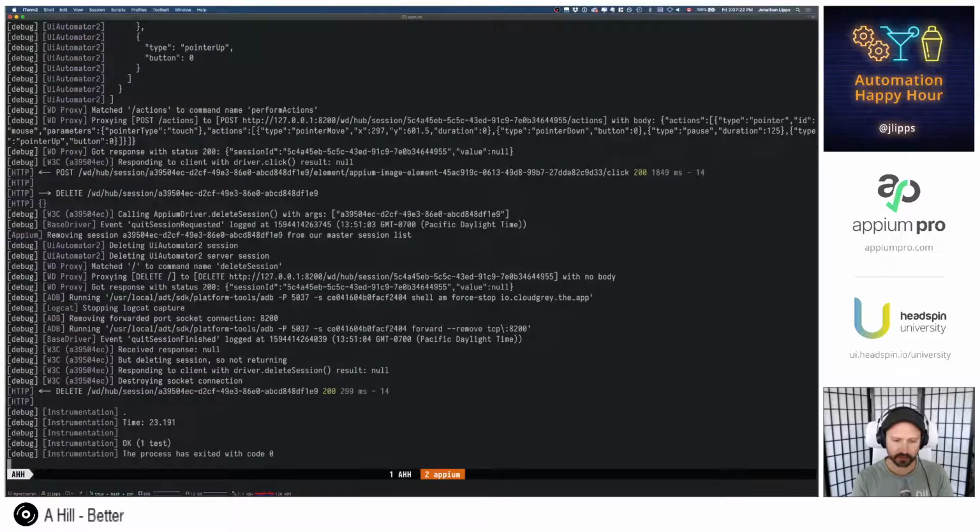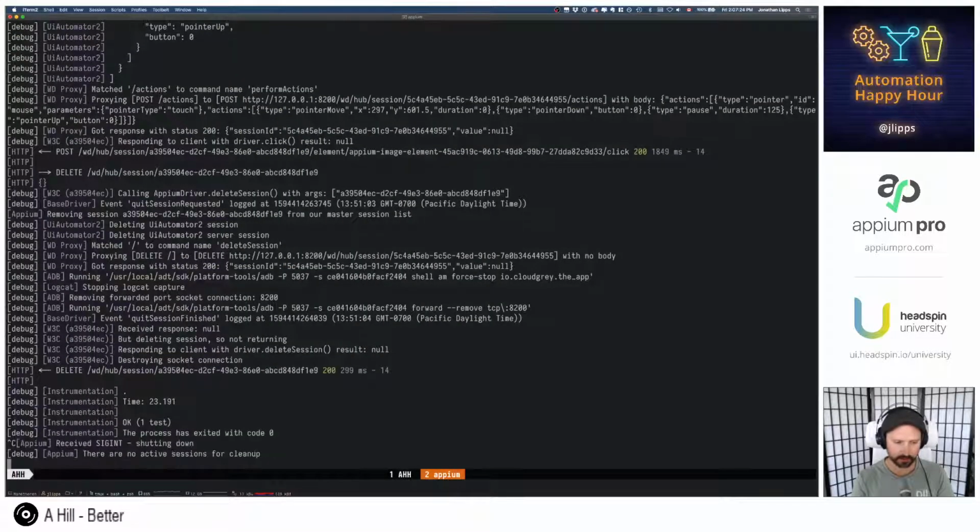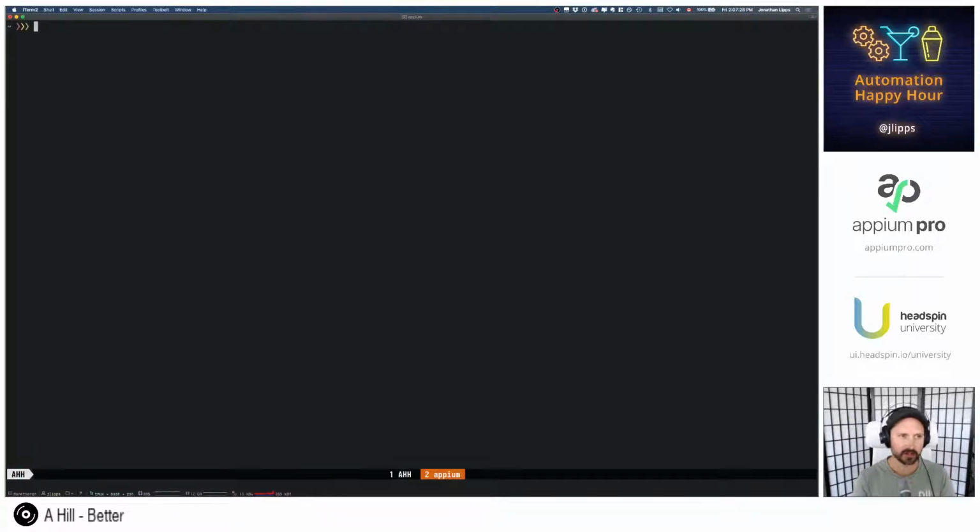We do have an Appium server running. This is an Appium server that I installed. It's actually not a development version. Well, it is sort of, but I installed it from NPM. And I did it by installing appium@next.